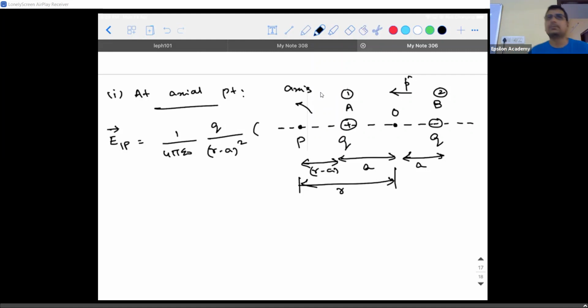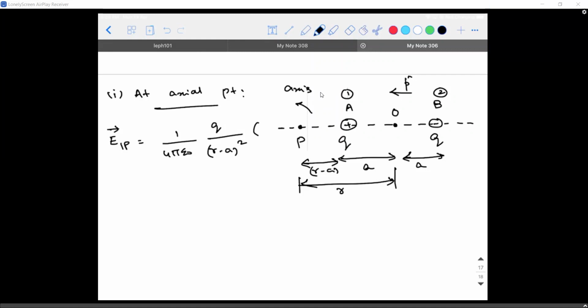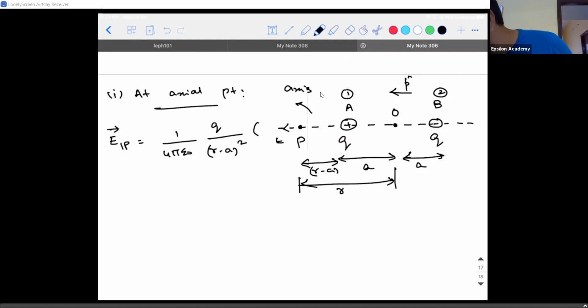Due to the positive charge, see, this is the positive charge. At point P, is the electric field towards point P or away from point P? Recollect, the electric field due to a positive charge is away from it. So this is the direction. If you observe this arrow mark and P cap, they both are in the same direction. So what can I write here? Can I write it as P cap? Does that make sense? Be very careful.